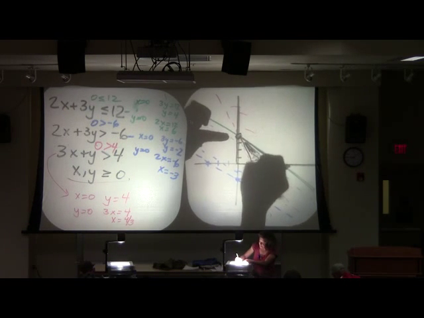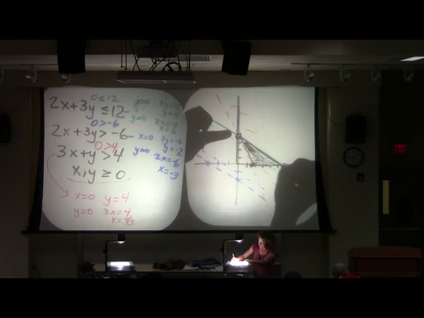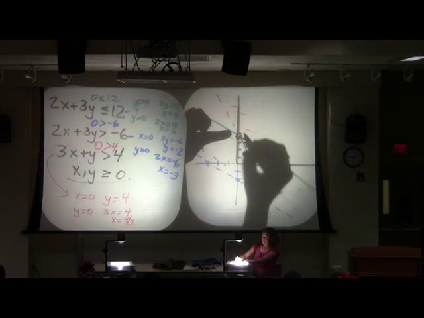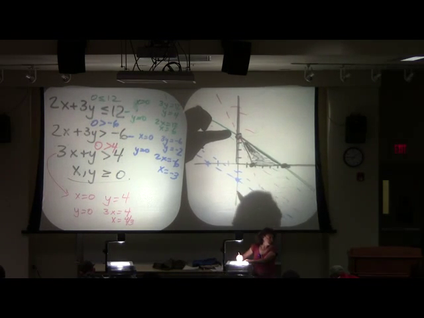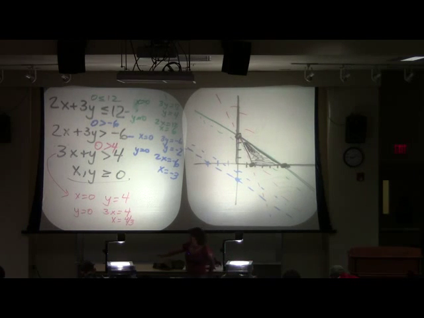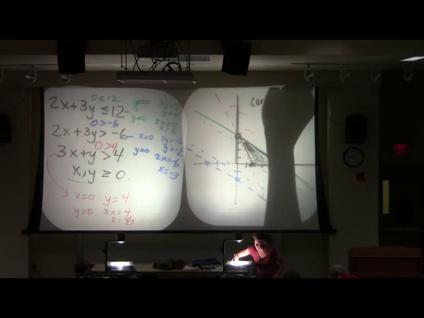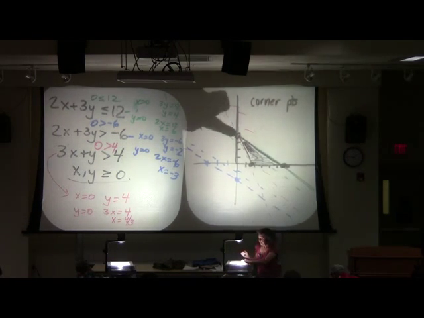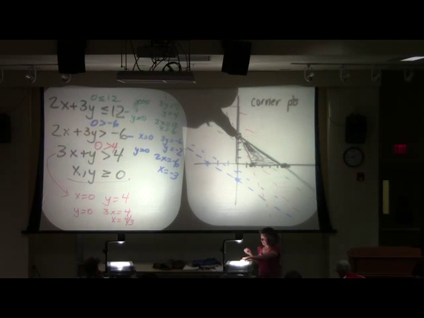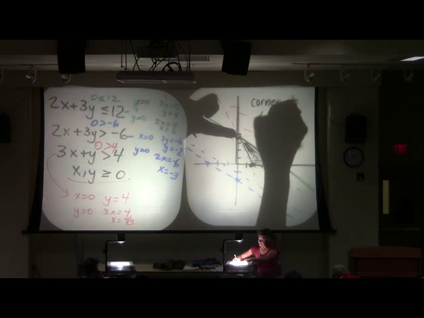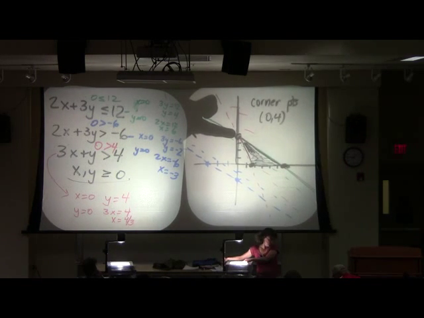Now, these guys, once you find your feasible region, these guys are your corner points. Okay? In other words, either where 2 of your lines intersect or where the lines intersect your x and y axis. Can you guys tell me what our corner points are here? Yeah. What's this corner point? Well, isn't this my y-intercept of my red line or green line? Yeah, what is that? 0, 4.